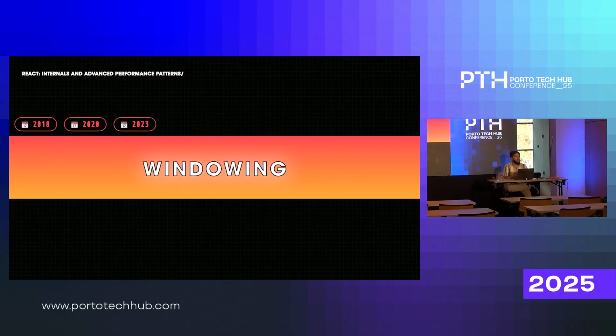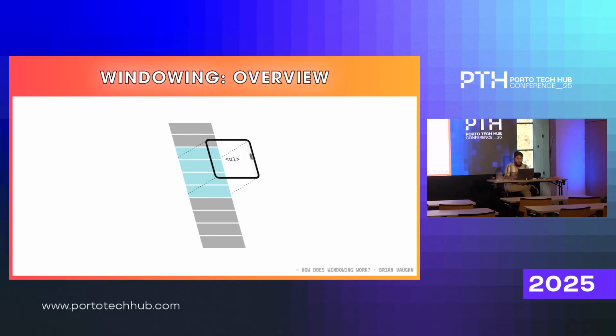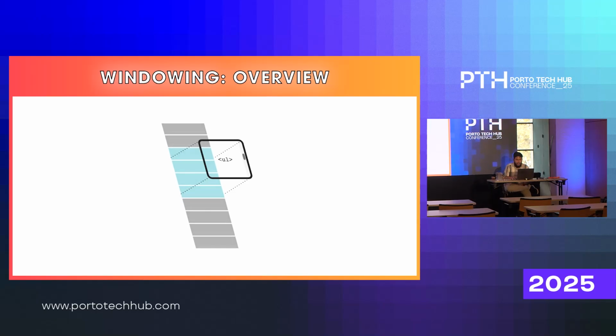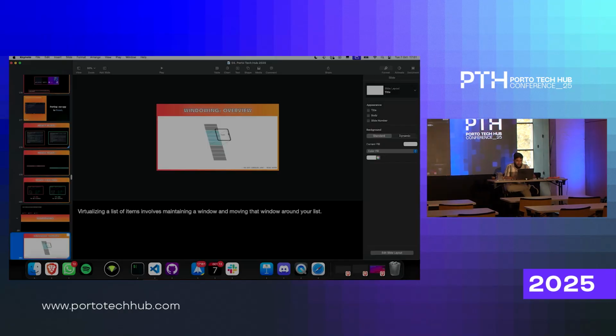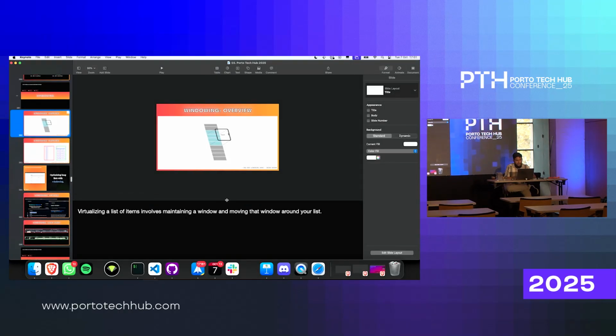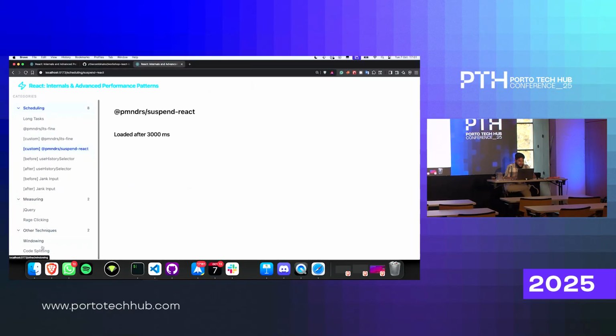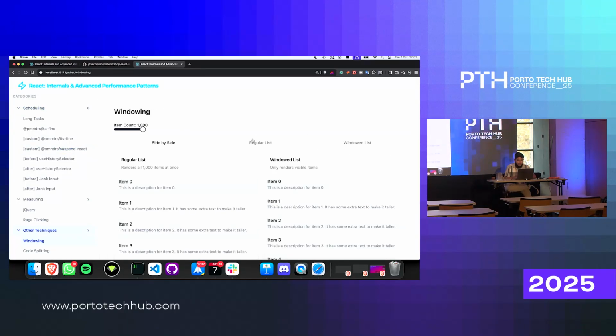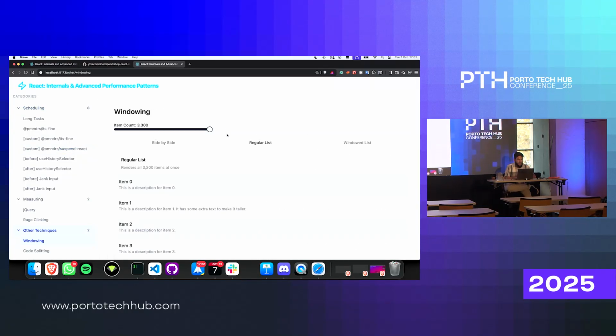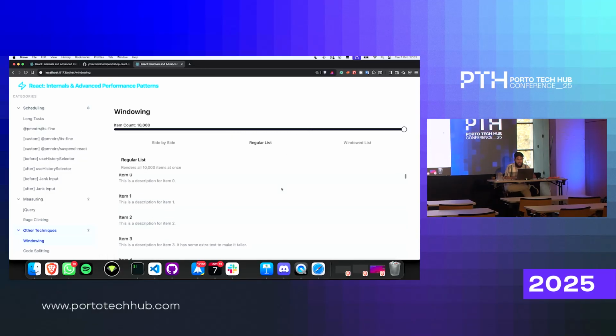Another thing I wanted to talk about, that also happened to me in different jobs and on different occasions, was windowing. This is the most famous animation to describe what windowing or virtualization is all about. Basically, I think I have a demo here. Yes. So I have a regular list, and I am going to push this list all the way to 10,000 elements. This computer is fast, but probably if I